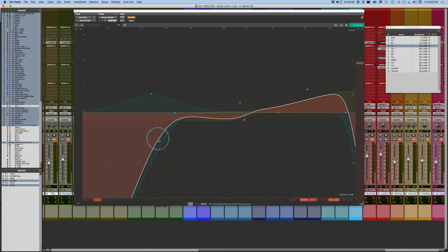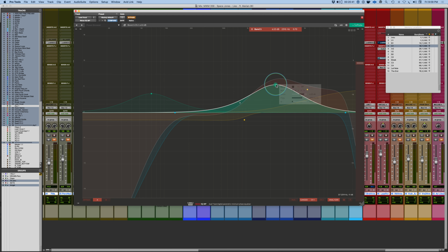But in terms of ease of use and flexibility of options, you're limited to 7 bands. That might be something you would like to see more of. But it's rare that I find myself using more than 7 bands. If you have that big of a problem, it might be other remedies that you have to take, other than having 32 bands on a vocal or something like that. But it does give you the ability to do certain things if you're into notching out frequencies, taking any band that you want and really just dialing in